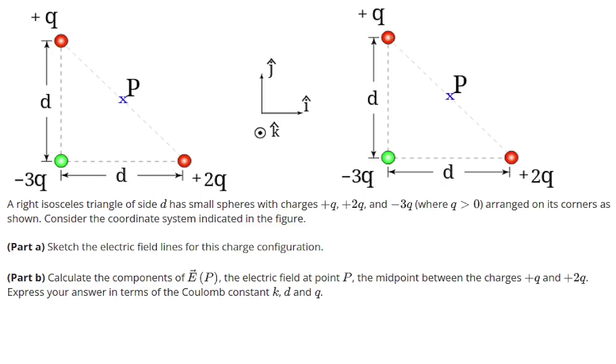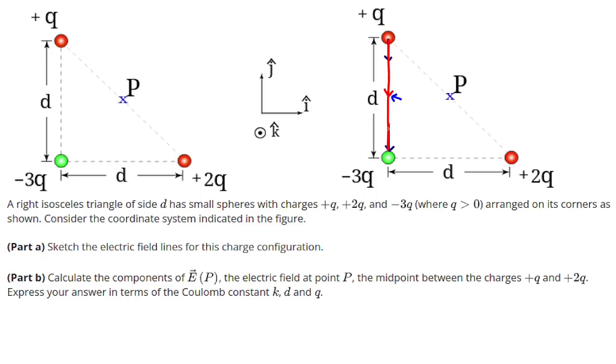So along this vertical line, the positive charge has an electric field pointing away from it, and a negative charge has an electric field pointing towards it. So at every point along this line, the electric field points from the positive to the negative charge. So the electric field line looks something like this. Note that you'll get a slight deflection due to this positive charge. So the electric field line will be slightly bent, but this is a decent approximation for the sketch of the